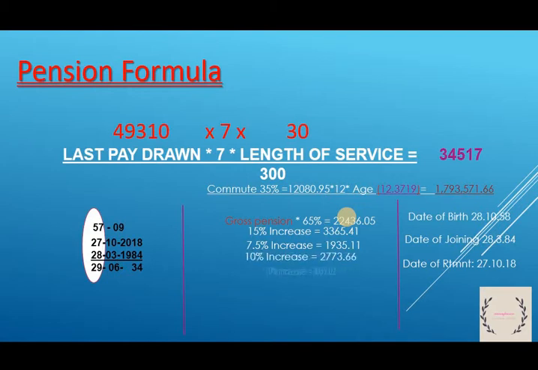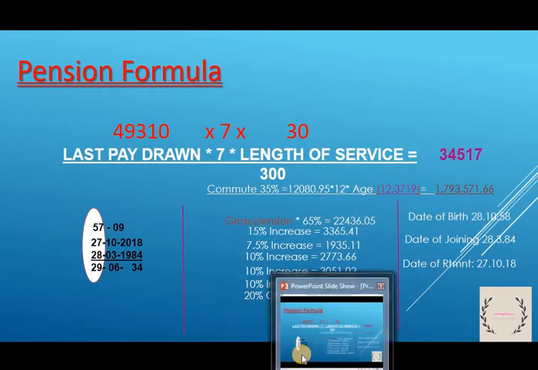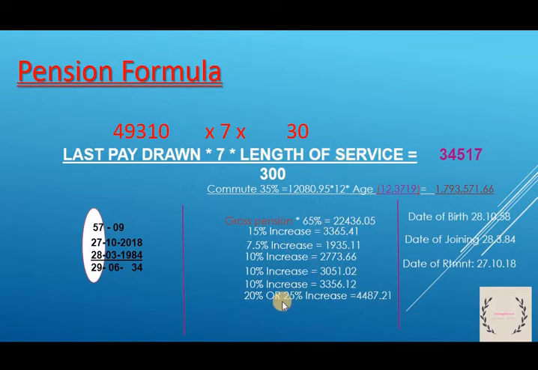Do all these calculations until you reach 20 or 25% increase as medical allowance. Medical allowance 20 or 25% is also calculated with the help of net pension. And remember, in all similar cases, 20 or 25% difference is